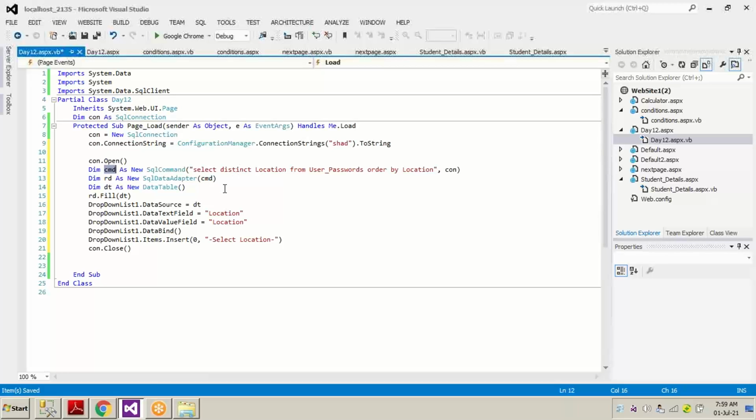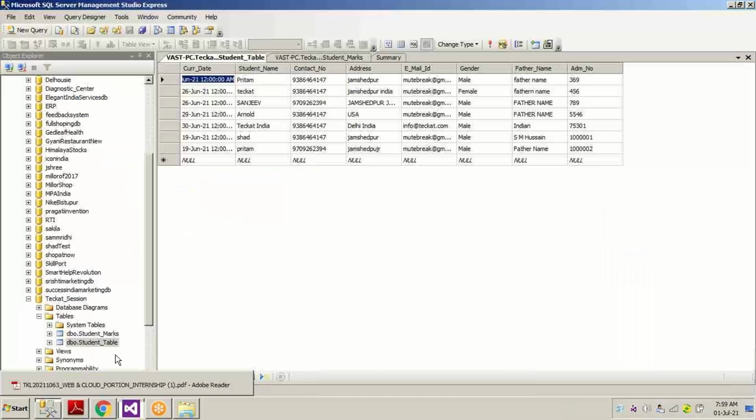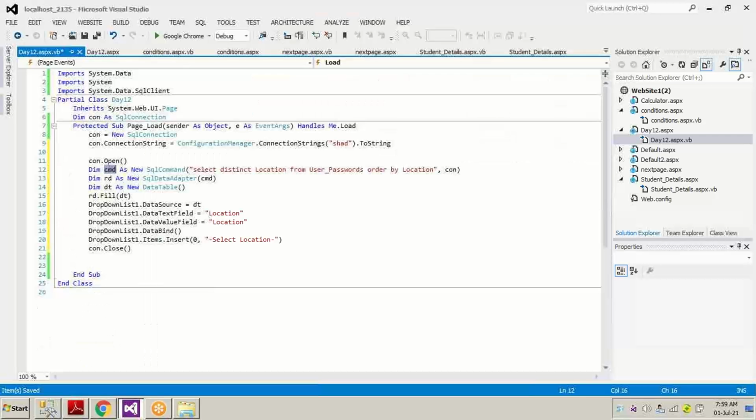Select distinct location. No, we have to select student name. So we will write student name from the table name.